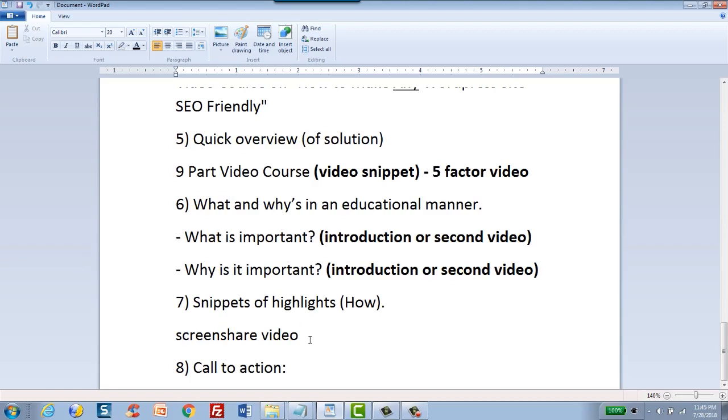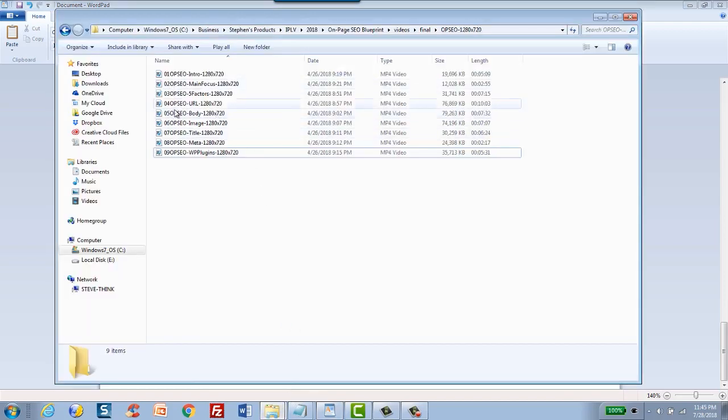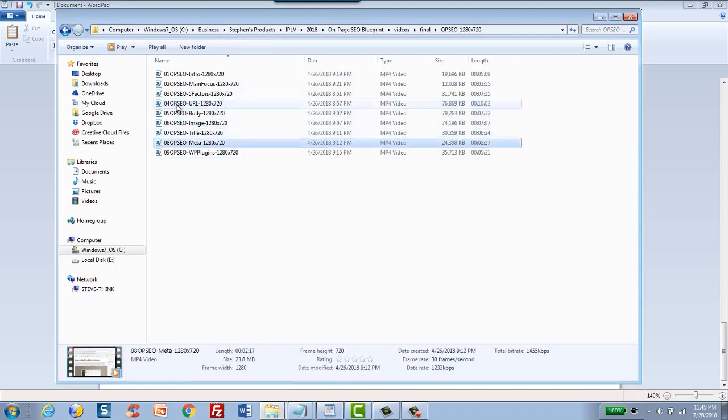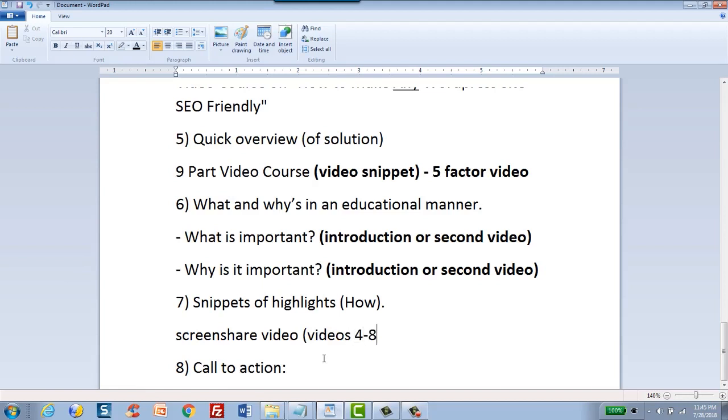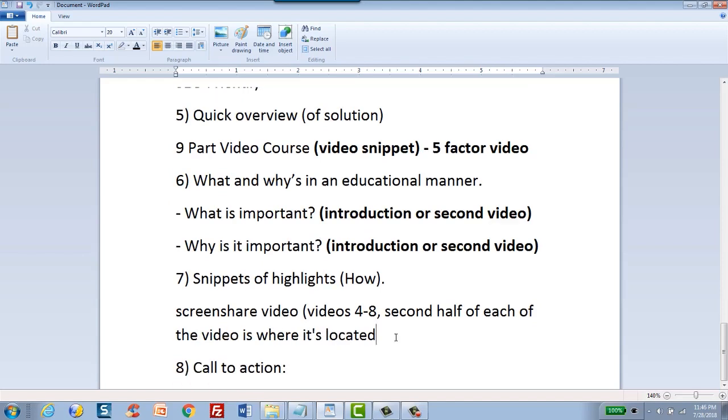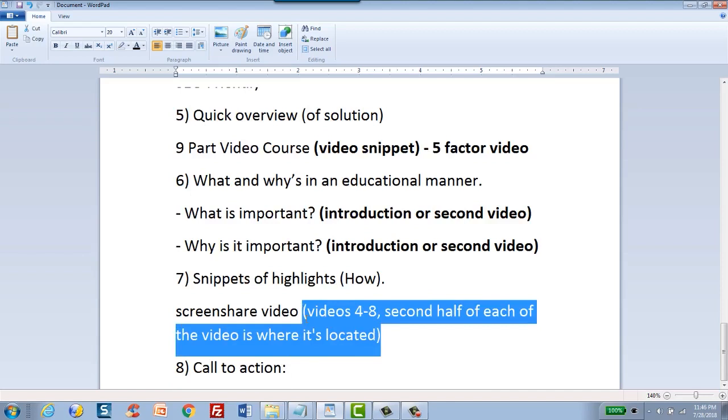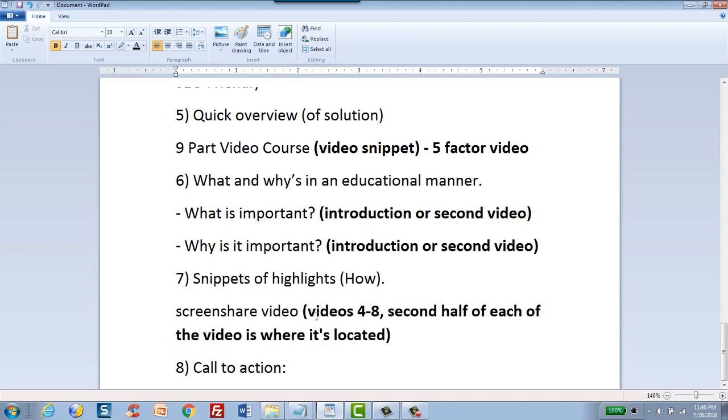So in this case, to show the snippets of the highlights of the how, remember we have the 5-factor video that talks about the 5 different SEO factors. And then of course, following that video, I believe, can't remember, let's see here, videos 4, 5, 6, 7, and 8. So 4 through 8, videos 4 through 8. And then I believe it's the part 2 or the second half of each of the videos where it's located. So as we're writing down the outline, we're also brainstorming and getting an idea of the location of the